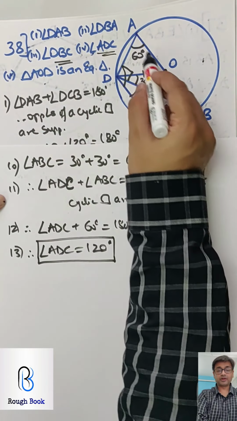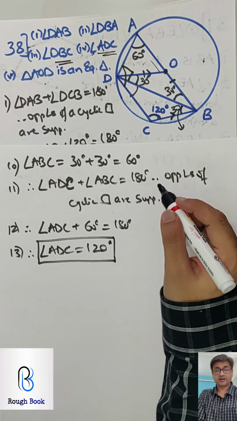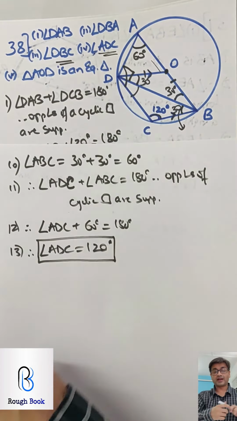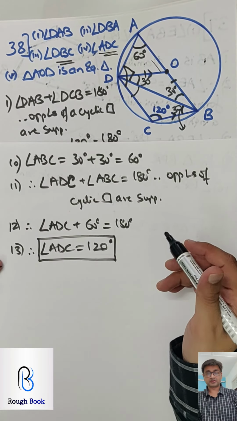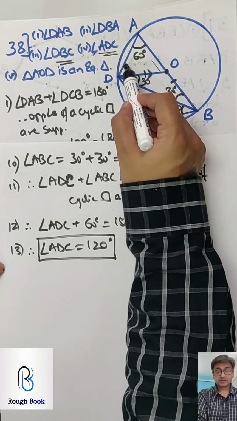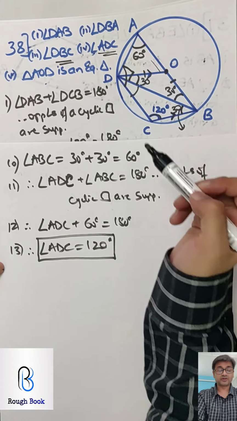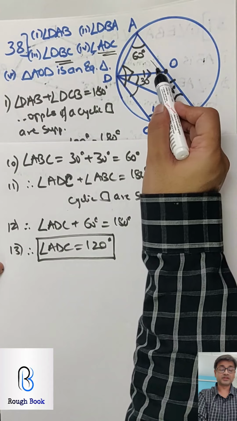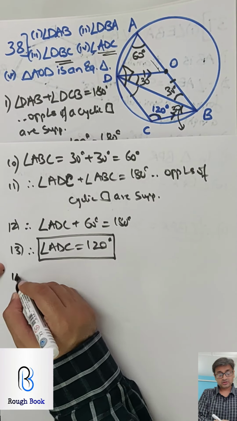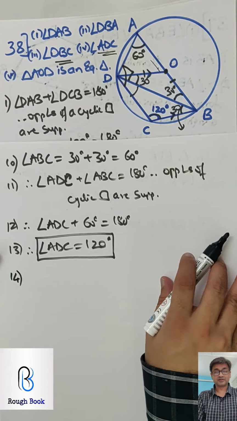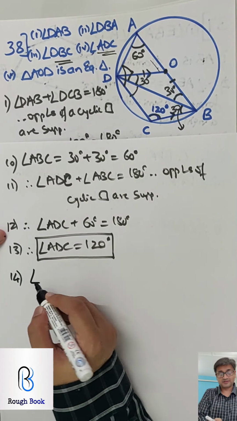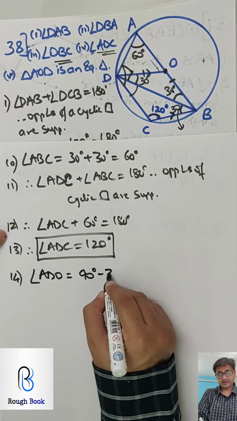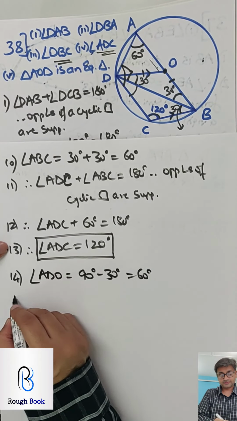Now the final part, prove that AOD is an equilateral triangle. So you already got this one angle as 60. If you can prove one more angle 60, it will become equilateral straight away. So how to get one more? So this full is 90, this is 30, subtract, you get 60. Or you can say angle at the center is double the angle on the circumference and get the 60, whichever method. I think writing this full statement is tedious, no? So let's subtract, that's easier. So I will say angle ADO is equal to 90 minus 30 equals 60.